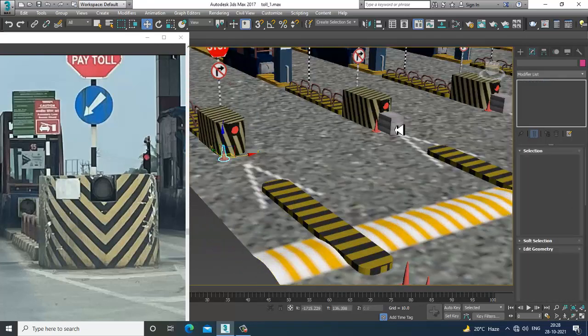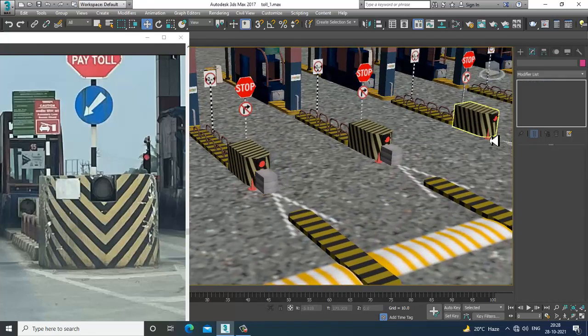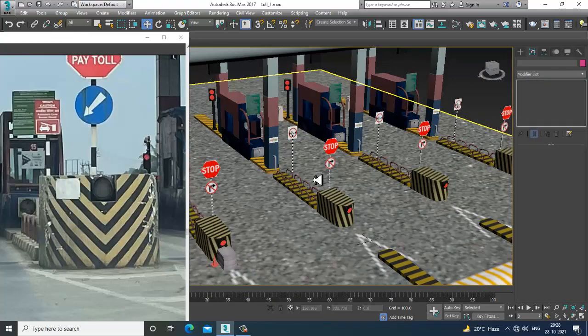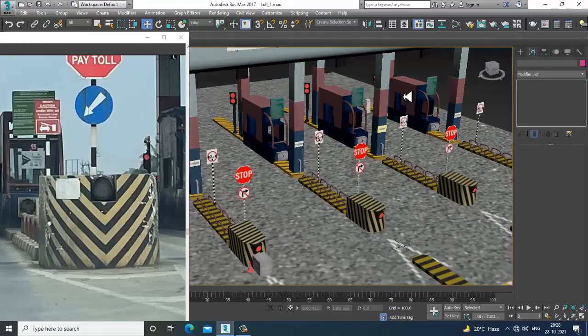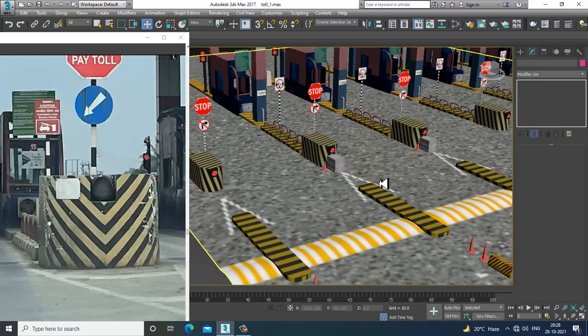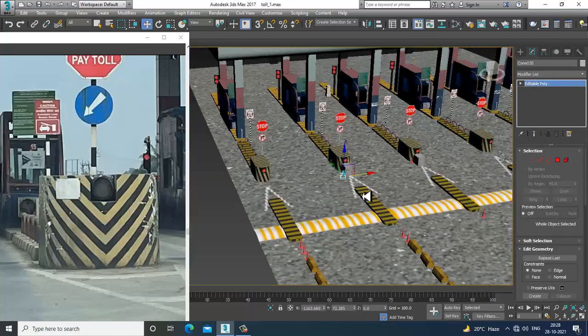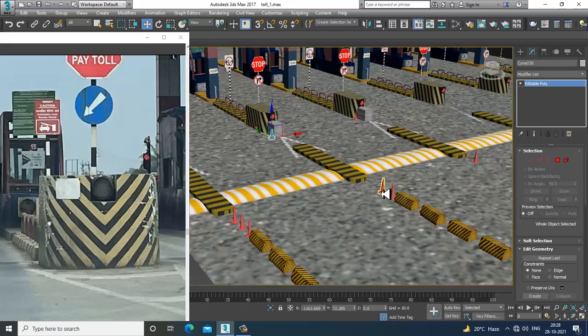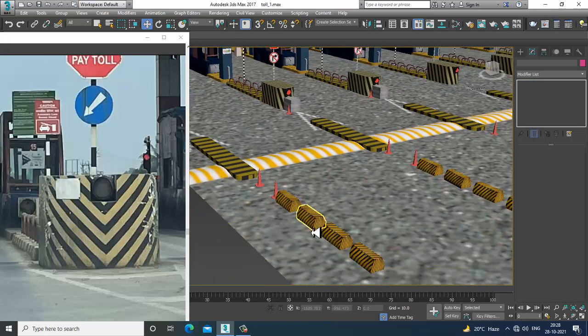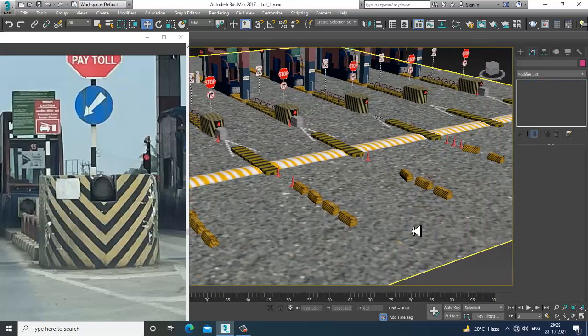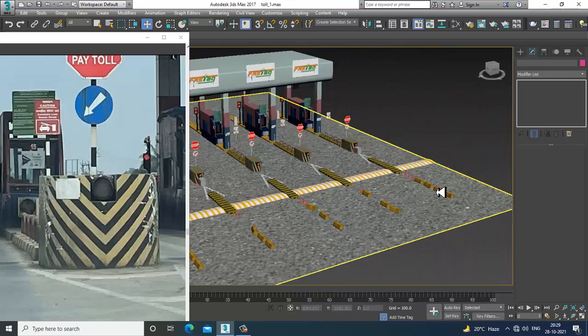So just keep these things very randomly, because randomness should be there. It should not be the same everywhere. We can push it over here. Slightly rotate it, delete the last one. Okay, that looks much better. Rotate it.